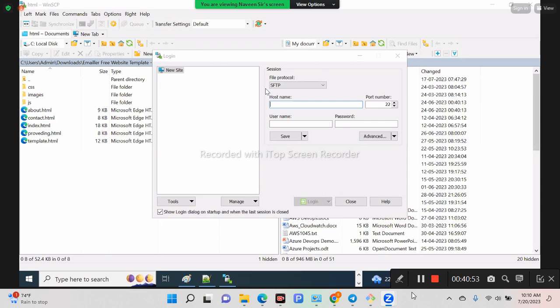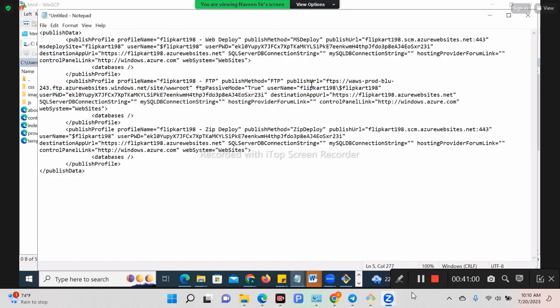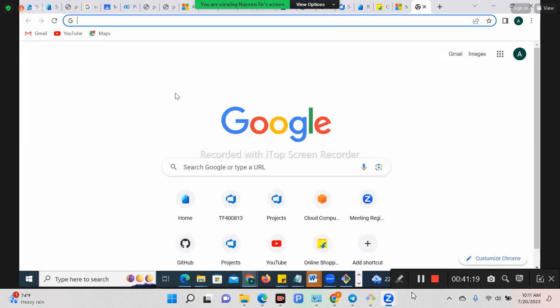So what to do? You have to come to the host name, right? So let me go back to my host name. So what is the host name? This one, right? Yes or no, dear? Right here. FTP WAPS product for the Azure website windows.net, right? So this is your host name. Clear? Right? Copy this and go back to your